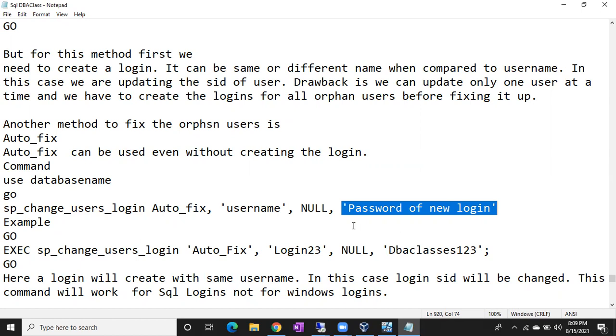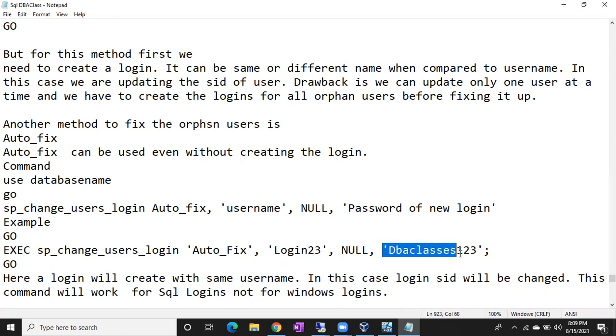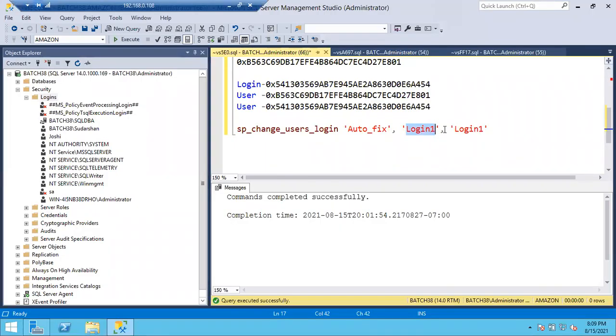Okay, so this is the query: sp_change_users_login autofix, login one. You can give login one here, this is just an example, and null, and the password of the new login. So let me type the same: login one, comma null, comma password of the new login. What is the password? Here I'll give a strong password. Why? Because I cannot turn off the password policy. For sp_change_users_login, it won't allow us to turn off the password policy. So that's why I'm giving